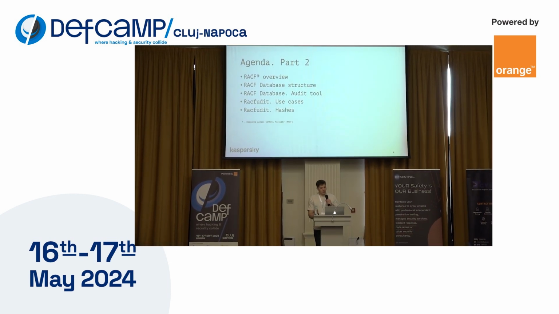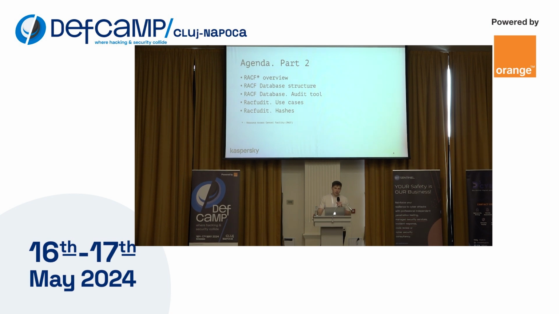The second part is dedicated to the security package Resource Access Control Facility, or shortly RACF. Some features, structures. Also, I will introduce our tool for more detailed offline investigation of the RACF database, and a few